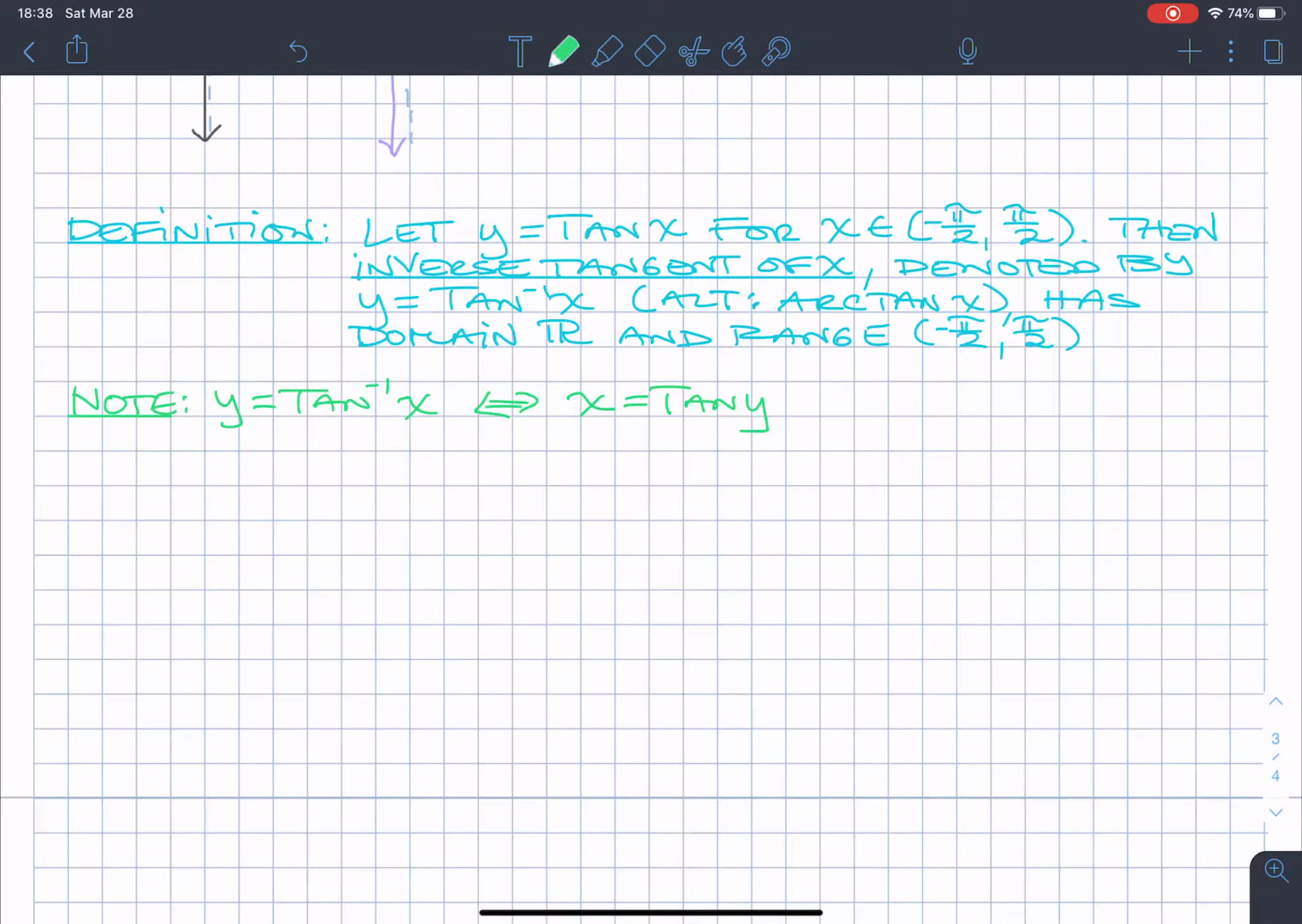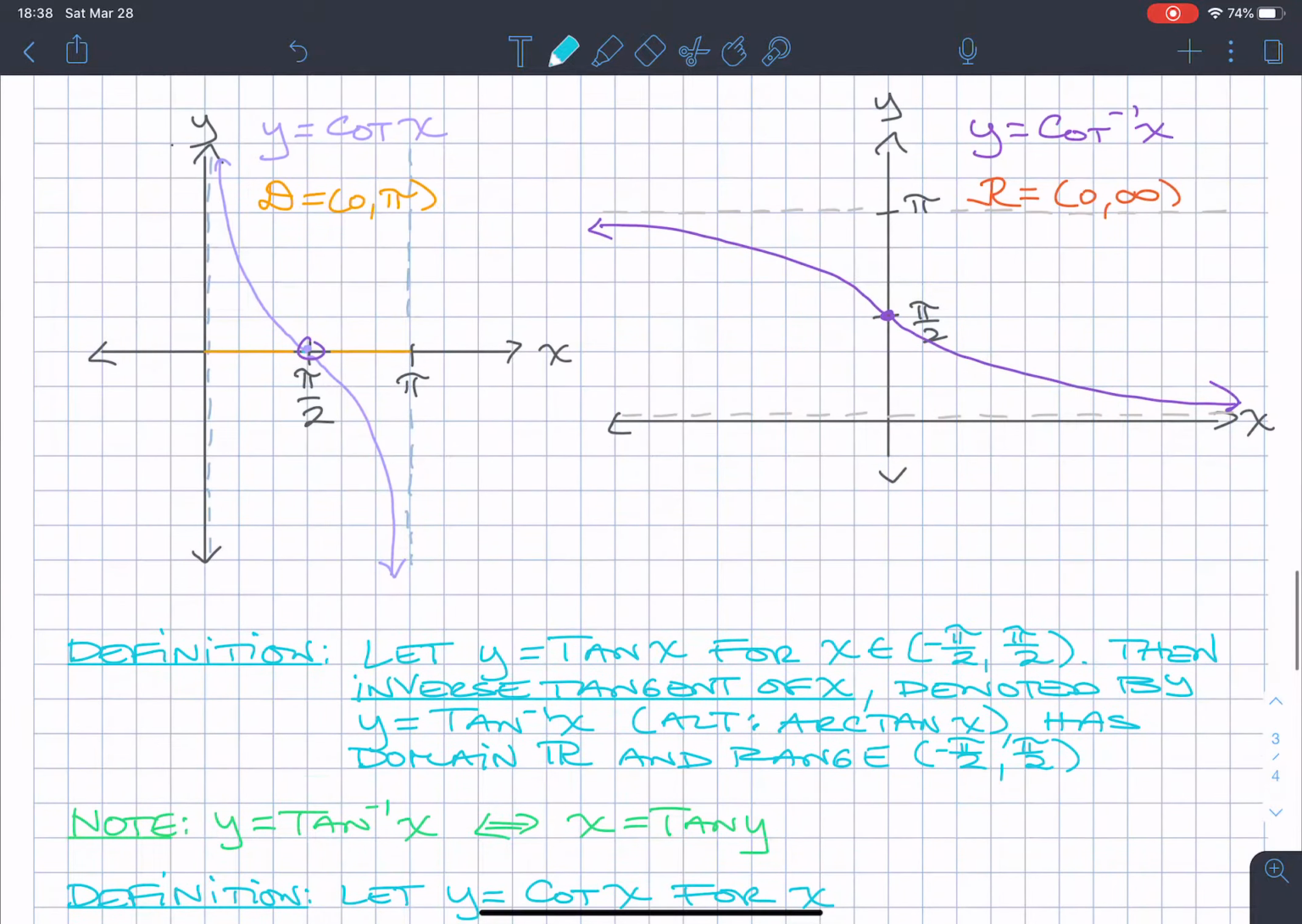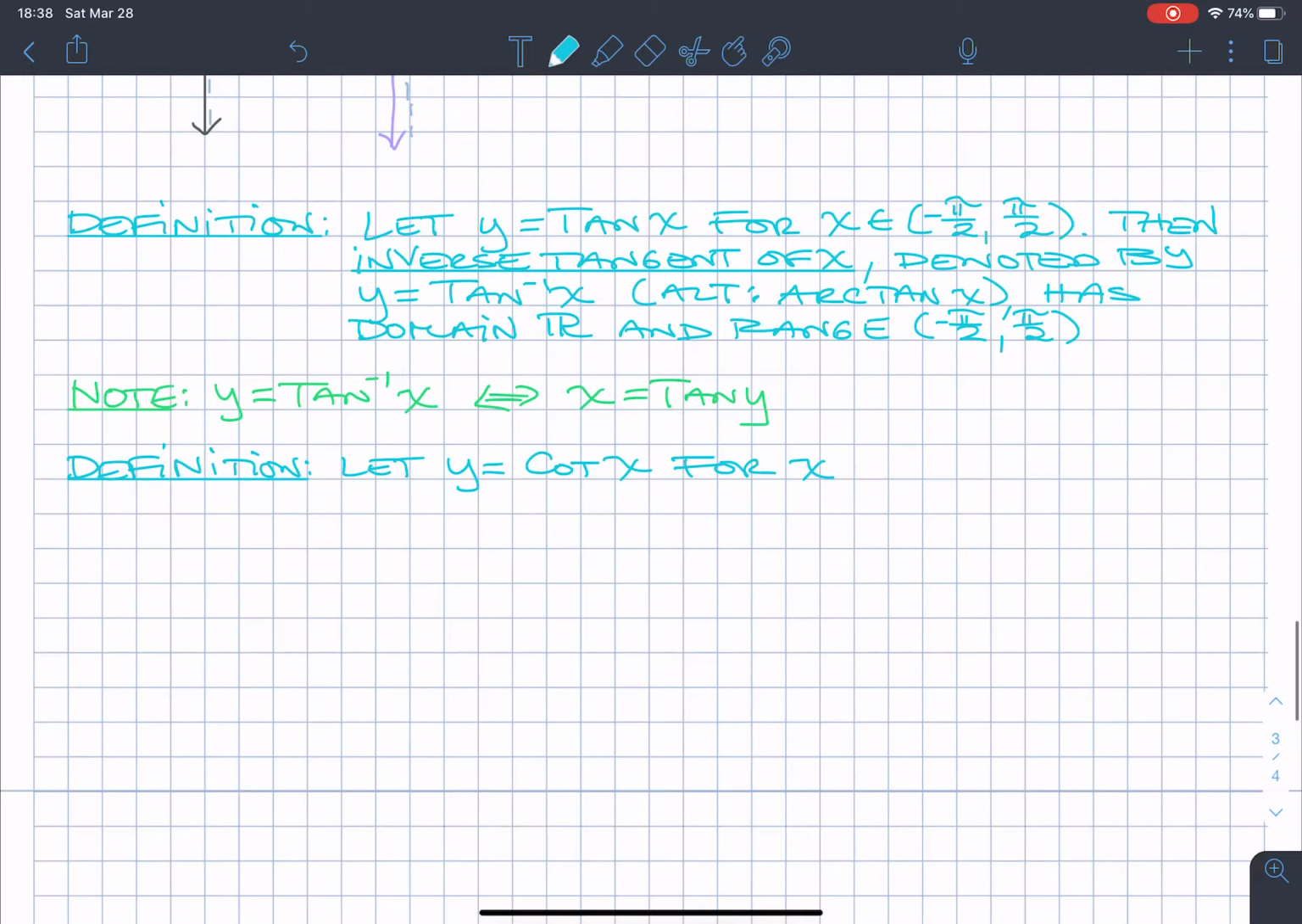Okay, so definition for cotangent. So let's let y be equal to cotangent of x for x between where? Oh, looks like it was between 0 and pi, right? That's a restricted domain there. So for x between 0 and pi, non-inclusive. Okay, then